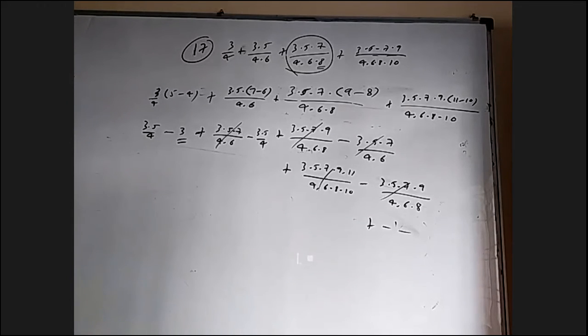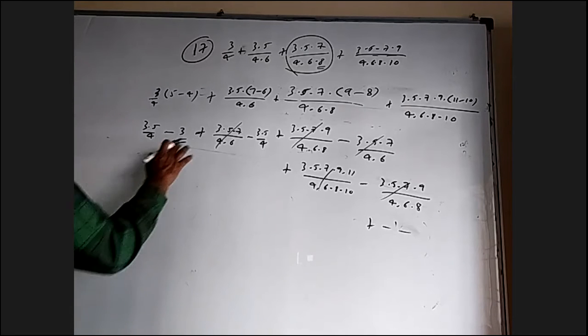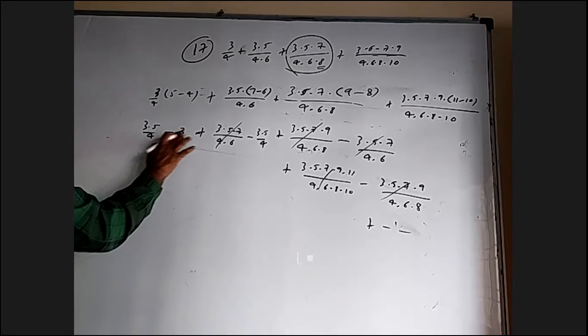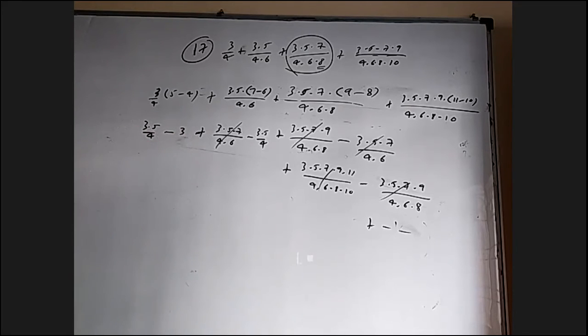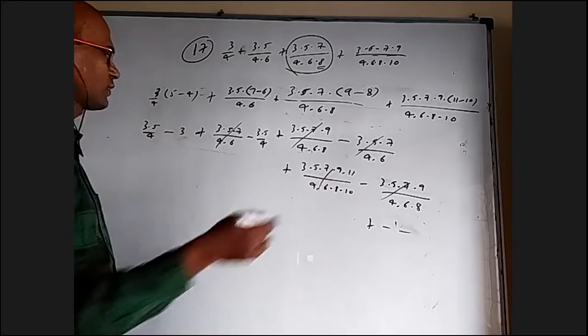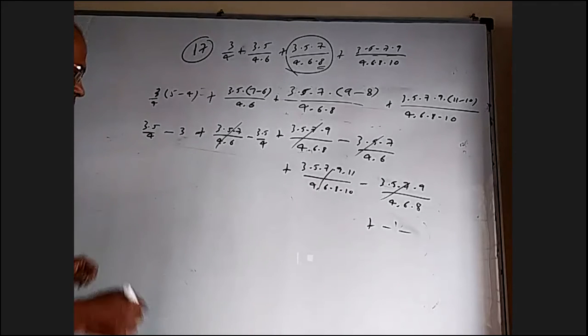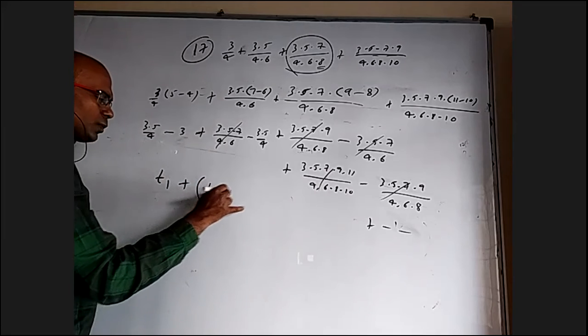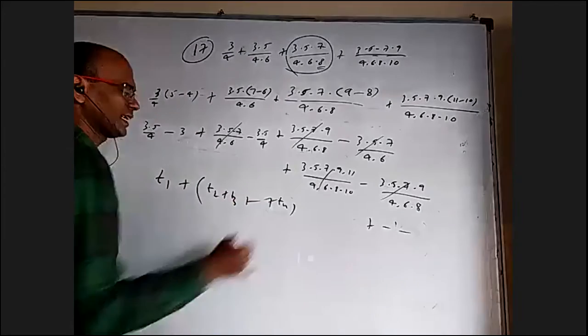Why did we not get that? Because in the numerator, the number of terms, I should get 3 by 1 here. That's the problem. It's not even the 1st term, what should I say, the 0th term. So for this series it is better to leave the first term and do the other things. You write T1 as it is, and then T2 plus T3 so on up to Tn.